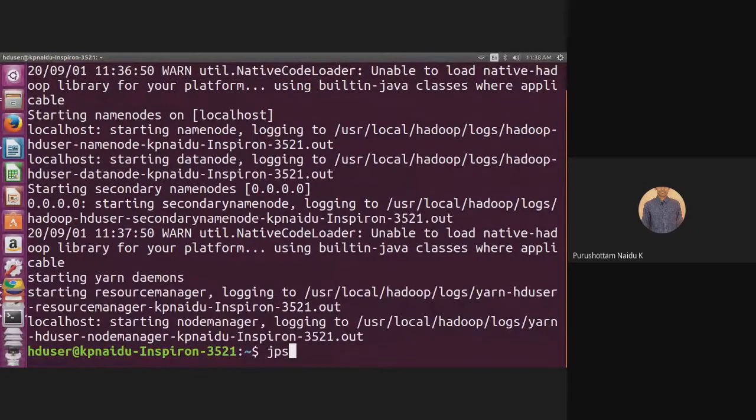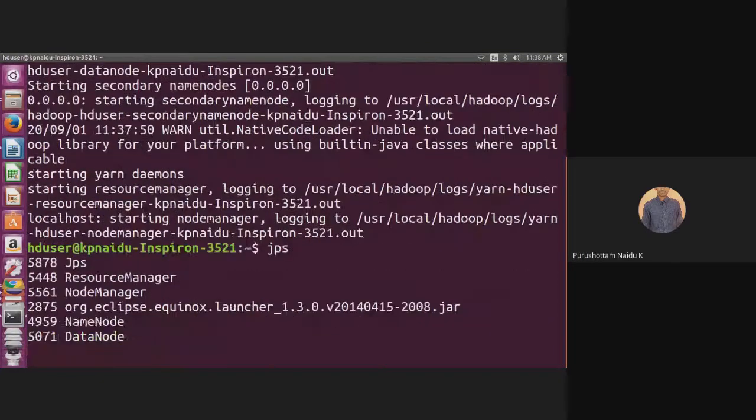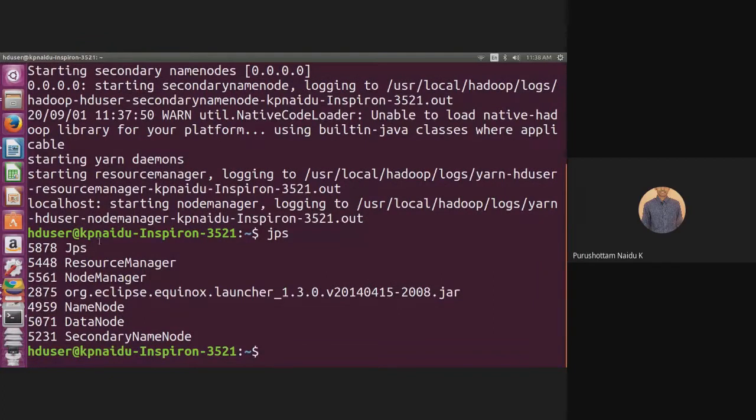We give the command JPS, which is called JVM Process Status. Click on enter. It displays JPS itself as one service, plus resource manager, node manager, name node, data node, and secondary name node. That means if you want to run your Hadoop program, once you have given the start-all.sh command,